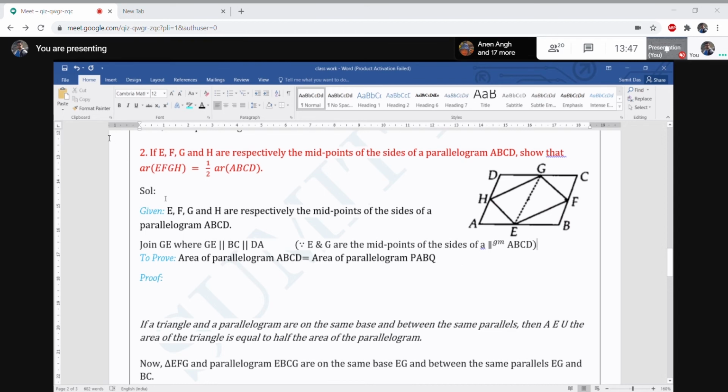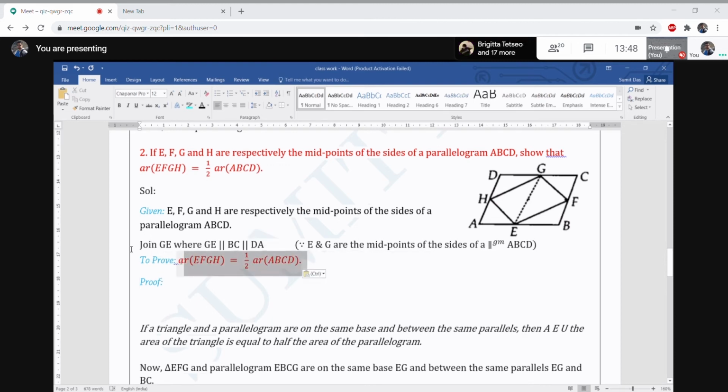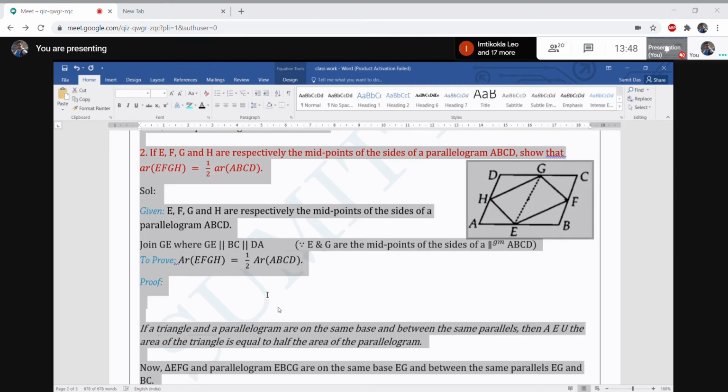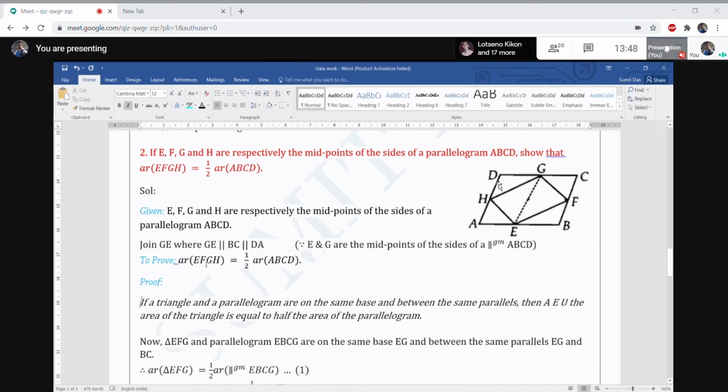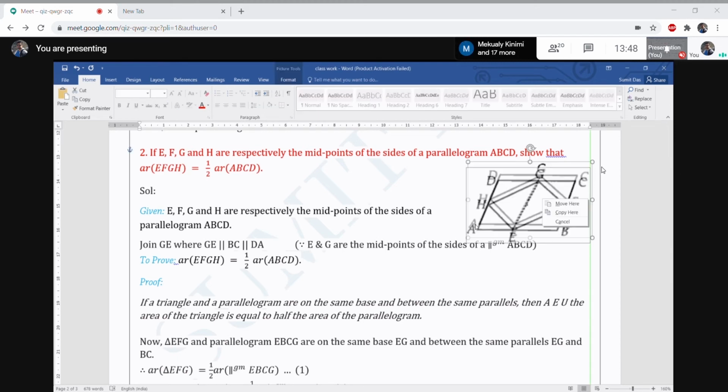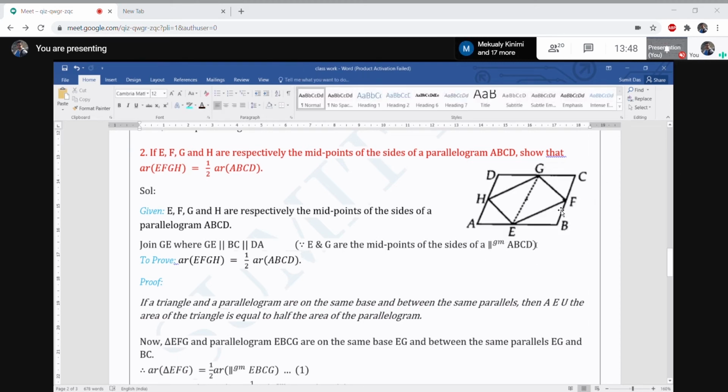Fine. What do you have to prove? We have to prove that area, this one equal to this one. We have to prove that AR means area. I hope all of you know. Area of EFGH is equal to half of area of ABCD. Okay, so